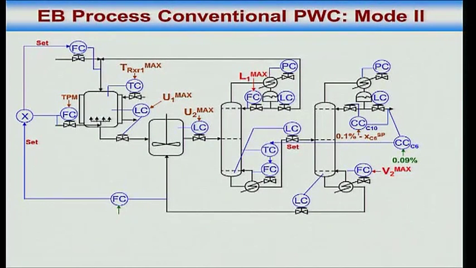Same problem now occurs. I can be putting in more ethylene than I can boil off. I am putting in more ethylene, so more ethyl benzene is getting formed, but I am limited in my capacity to boil it off. Where will that ethyl benzene go? That ethyl benzene will build up in the DEB recycle loop. So if ethyl benzene builds up in the DEB recycle loop, the flow rate of the DEB recycle will go up.